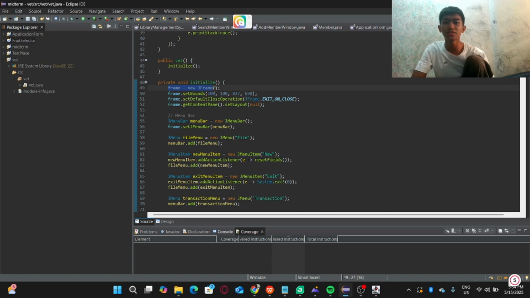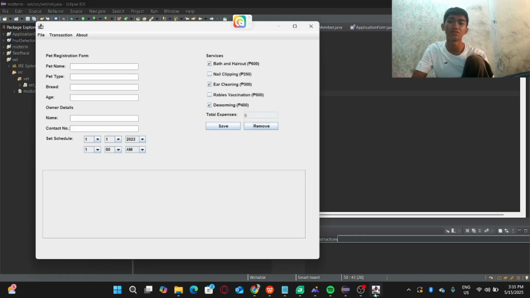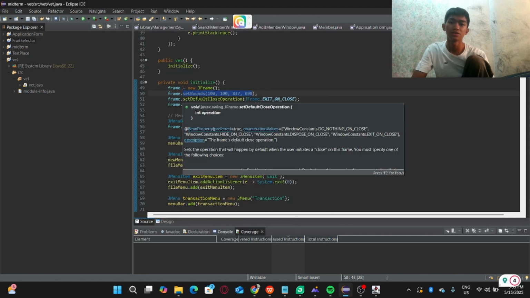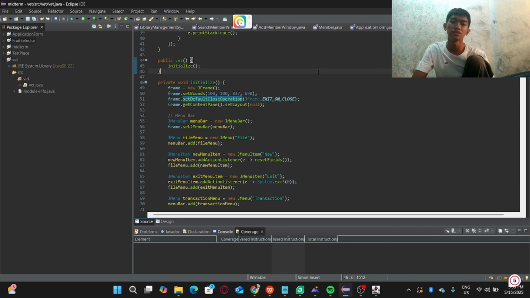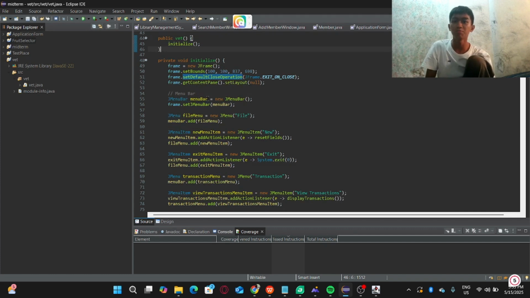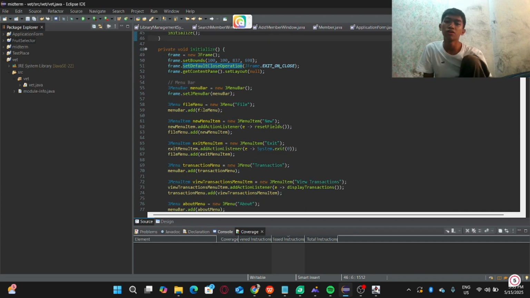Well, since this is given, first we will add a frame, a new JFrame, so it will actually iterate. We will set the size of this as what we can see from here. So an exit button, so we can actually exit from it, and setLayout null so that the size can be fixed. Now for the JMenuBar, we will also iterate it and add a set.